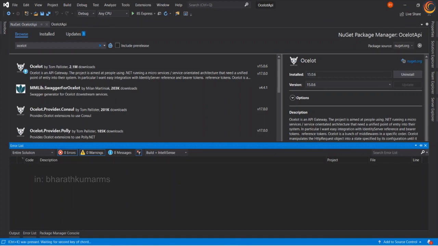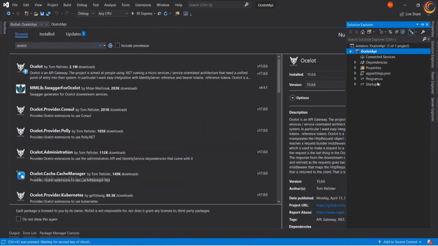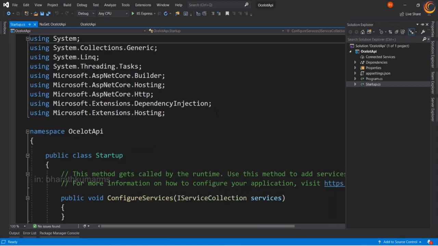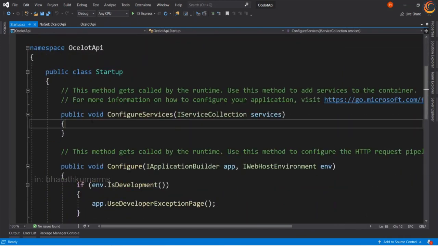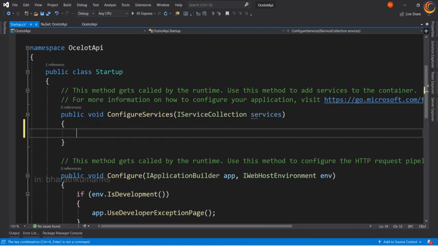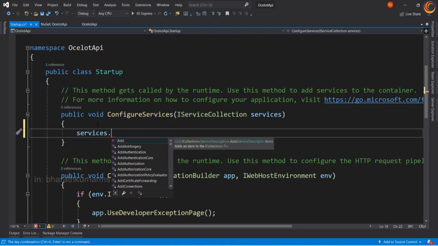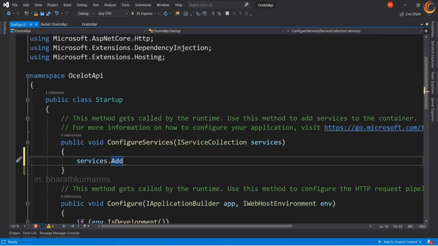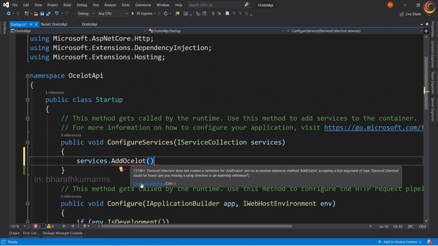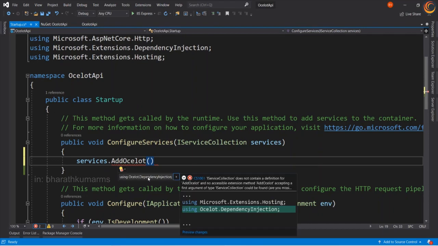Let us now add this as part of middleware. It is something basic. All we have to do is just say services.AddOcelot, and we need to add the dependency injection.